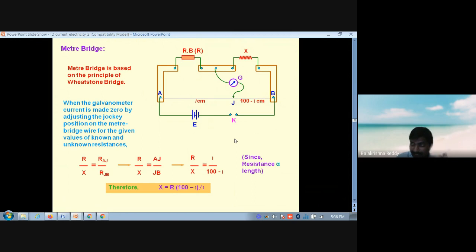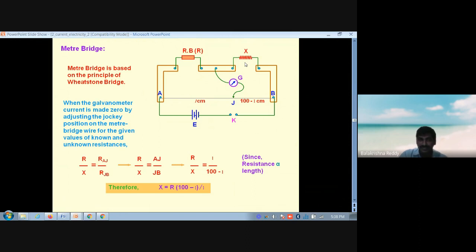Listen here, practically we can find the unknown resistance by using the Ohm's law circuit diagram, and second, by the meter bridge. Practically we have two options, but the meter bridge we are learning. With respect to the meter bridge, after finding the unknown resistance, whatever this wire is, if you find the wire length as well as the diameter by using the screw gauge. We studied the screw gauge experiment in 11th standard. I hope you know it. Whether you don't know also, no problem.